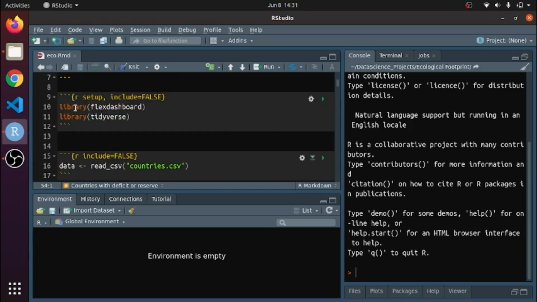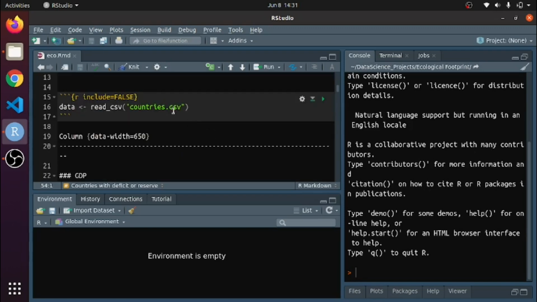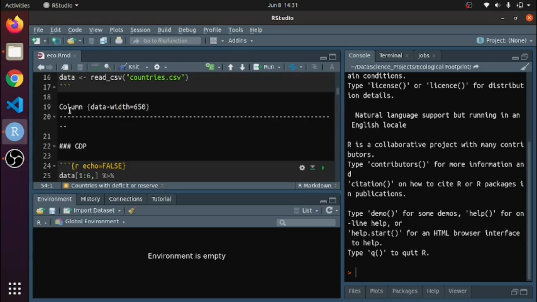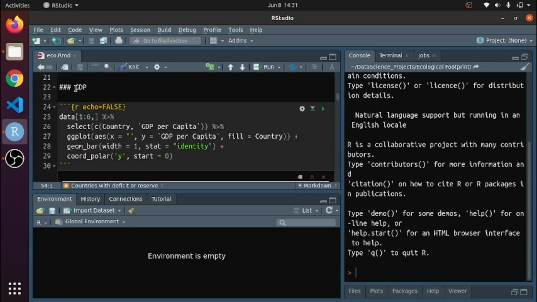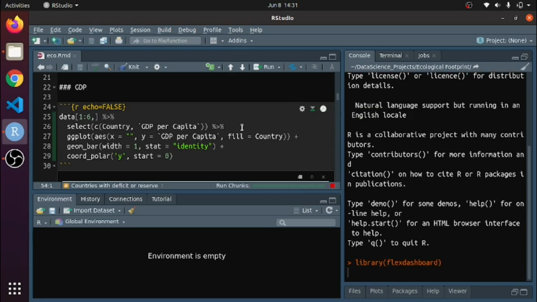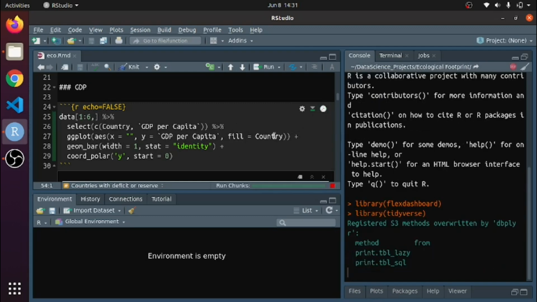After that, I import some important libraries, then I read the dataset, and I make a column of 650 pixel, and then I make a graph of GDP. If I run these, I am basically making a pie chart.